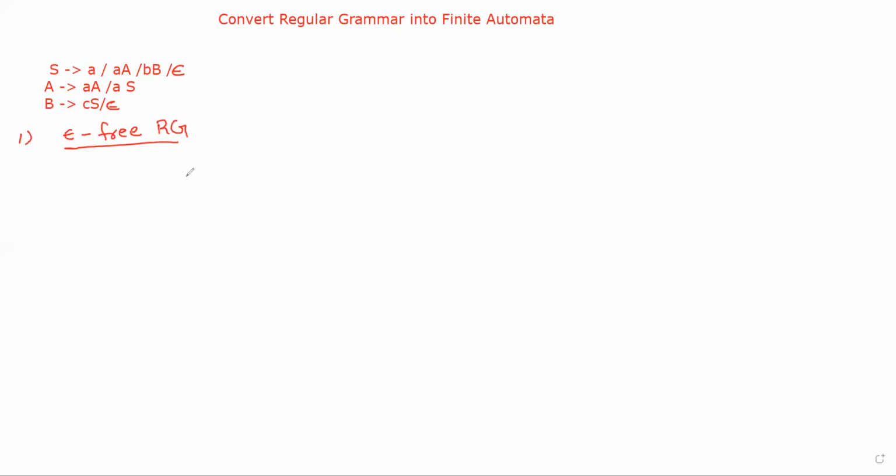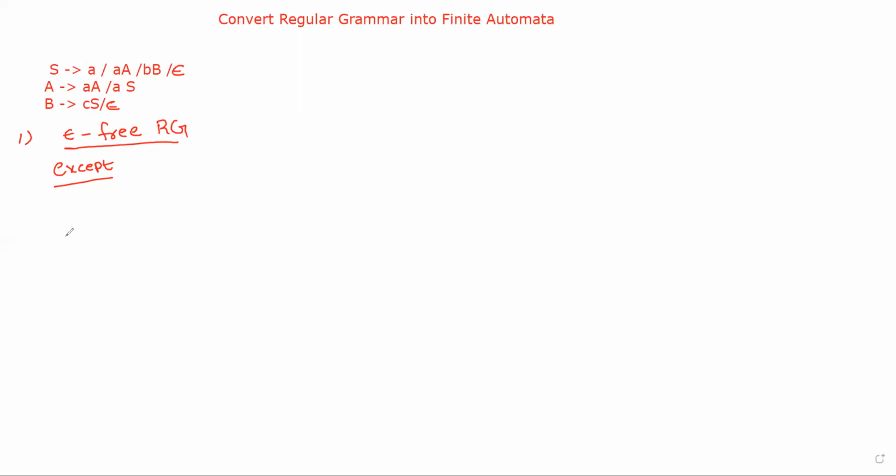Remember, except for the start symbol. The start symbol may contain epsilon production, but if the start symbol contains epsilon production, in that case, no production contains S on the right hand side. You got my point? If S contains epsilon production, there is no S on the right hand side of any production. Okay, we already discussed how to convert the grammar with epsilon into without epsilon.